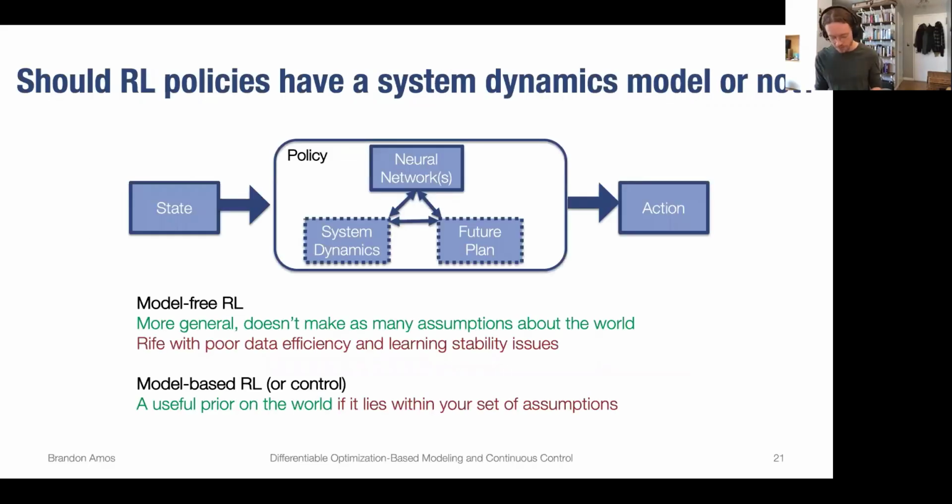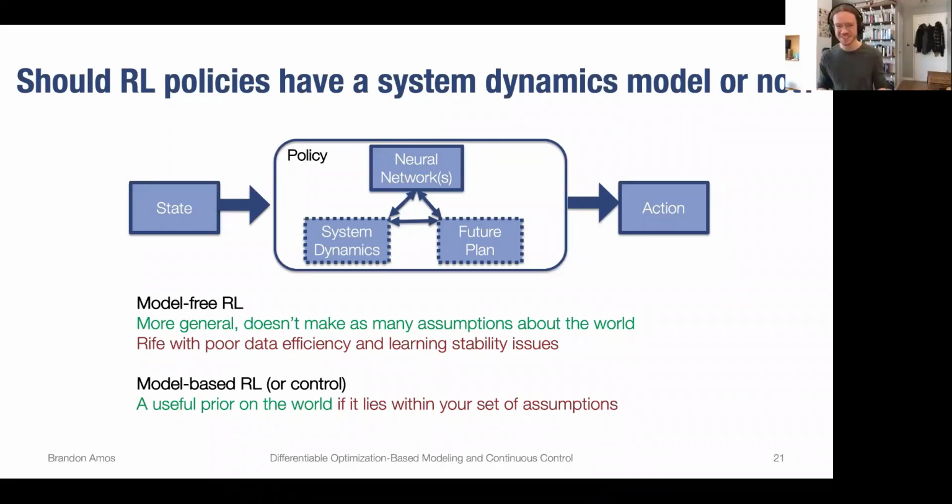So I think one longstanding question in the RL community and in the controls community is how we should formulate our policies, and if we can just throw a lot of data or simulations at black box policies that just directly map from some states to some action that we take. And I think it makes a lot of sense if we have a lot of data and we can allow a lot of interactions with the environment, then a model for reinforcement learning